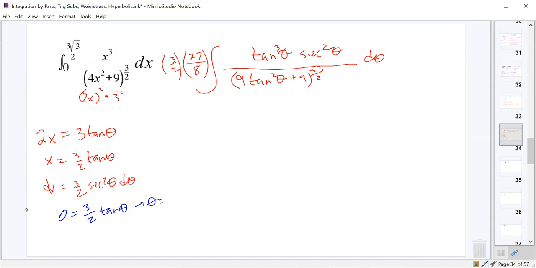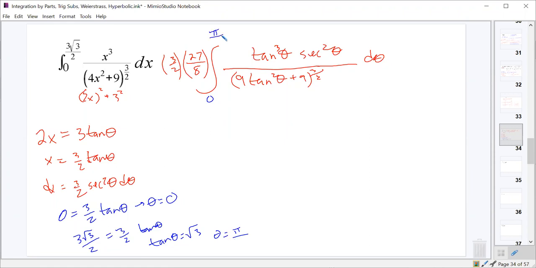When x is 0? 0. Should be still 0. Okay, good. And then we also have to say, what about when 3 root 3 over 2 equals 3 halves tangent theta? The 3 halves will both cancel, and we have root 3 equals tangent theta. And what does that give us? Theta equals pi over